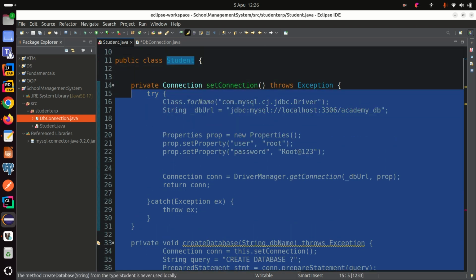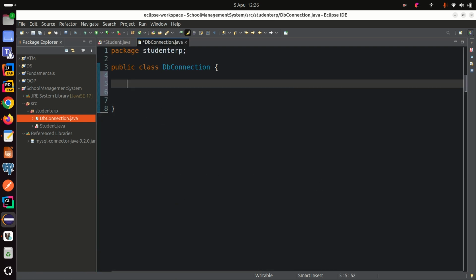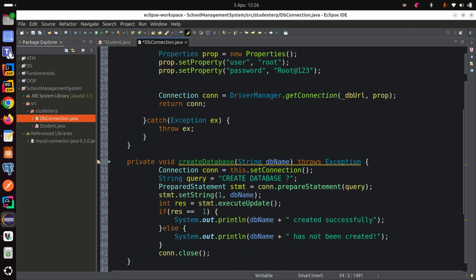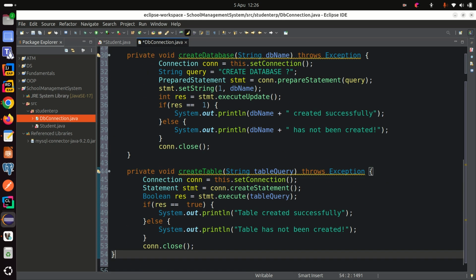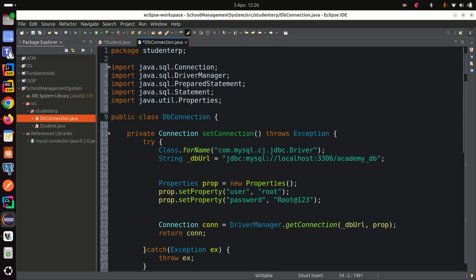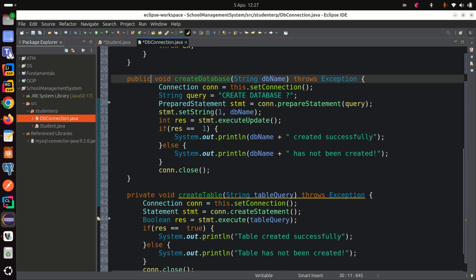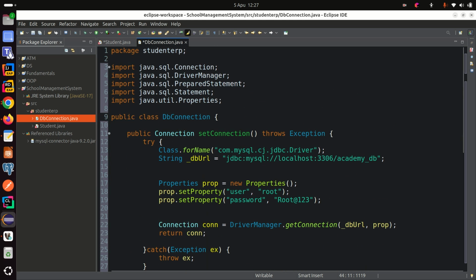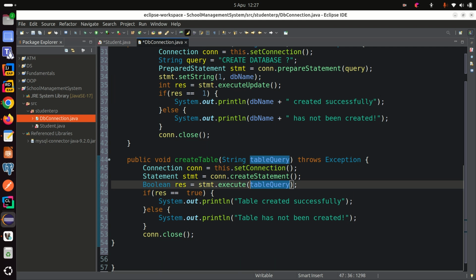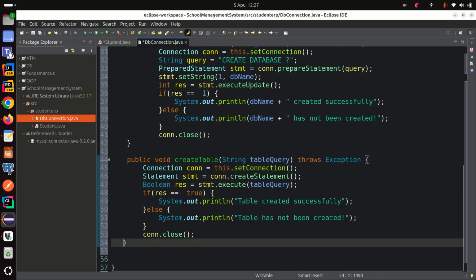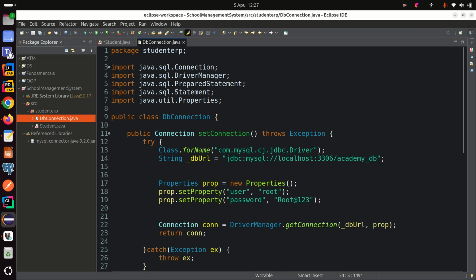Okay, I'll remove these methods and I then put them inside here. Okay, here, see this? Yeah, this is nice. Then we have to make them public so that we can access them in our class called student. So this DB connection helps us to set up connection and also